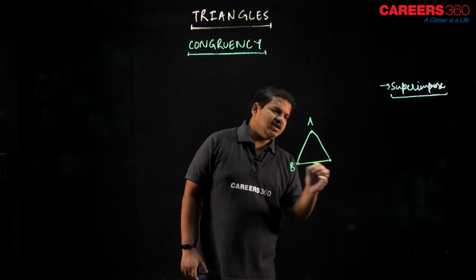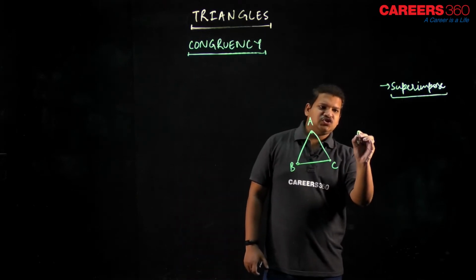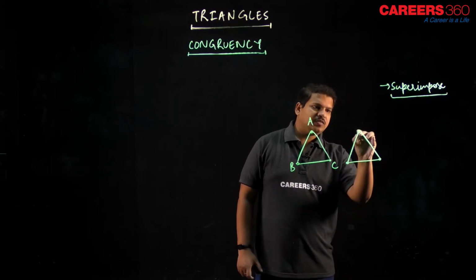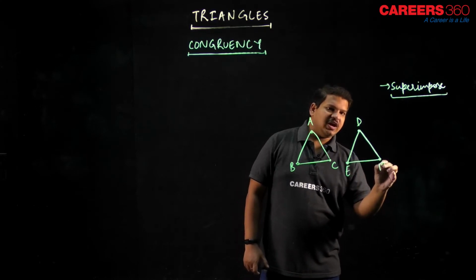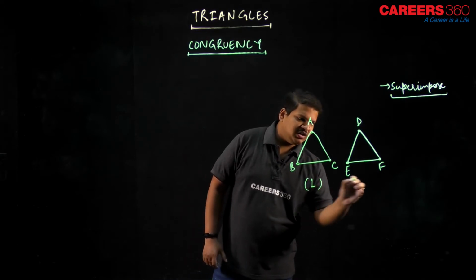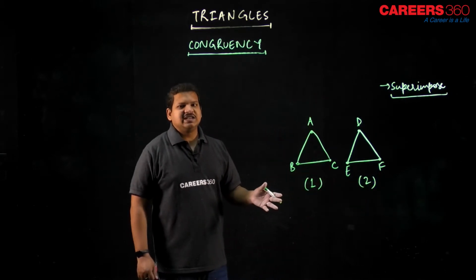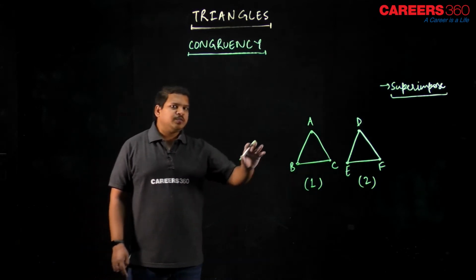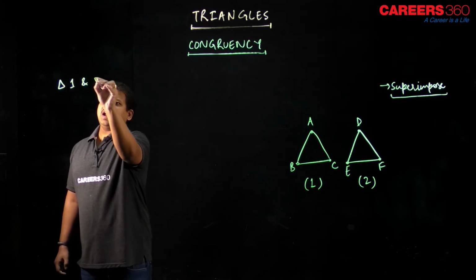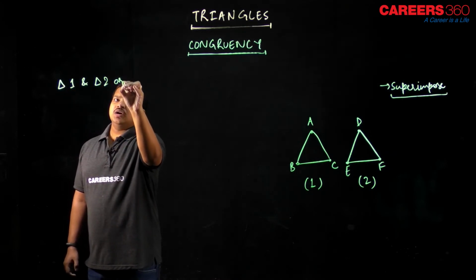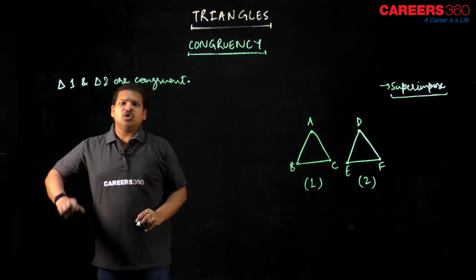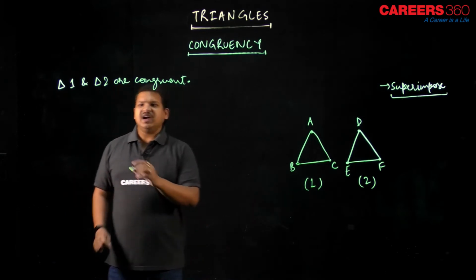A, B and C, and let us draw a same dimension triangle D, E and F, right? So I have two triangles, triangle 1 and triangle 2. I can say these two triangles are perfectly congruent. So triangle 1 and triangle 2 are congruent, and that directly means that